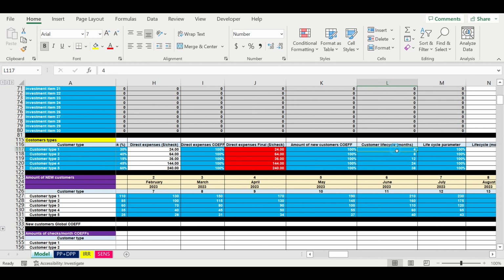One type of customer, one portrait, can stay with us, for example, for a period of 4 months, or he can make just one purchase and disappear. So you have to think about your customers. What types of customers do you have? Try to think